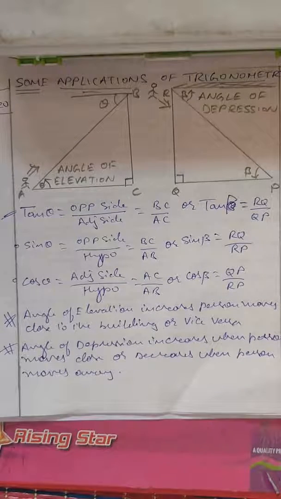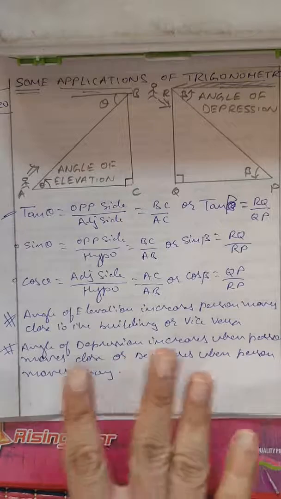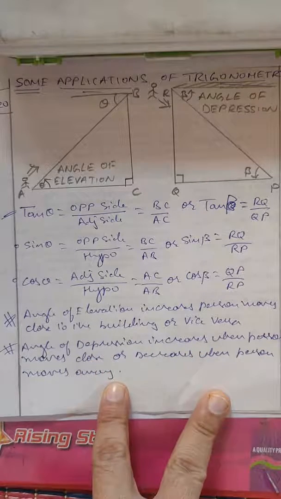So these are a few things which have to be remembered, because many times they will say a ship is there, and the angle of elevation changes from theta degrees to beta degrees. So we need to find whether the ship is moving close to or away from the tower. If you are standing on the tower looking at the ship, and the angle of depression is changing from x to y degrees, you need to find out whether it is increasing or decreasing, and accordingly conclude whether the ship is moving close to the tower or away from the tower. These are the very basic things, because until the base is clear, we cannot solve the problem.